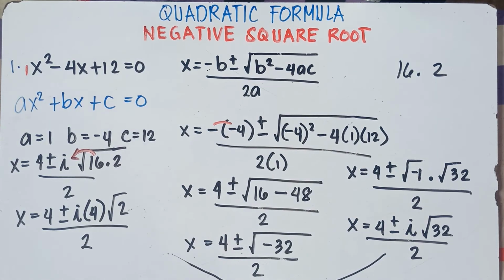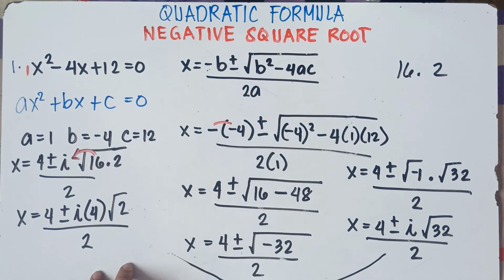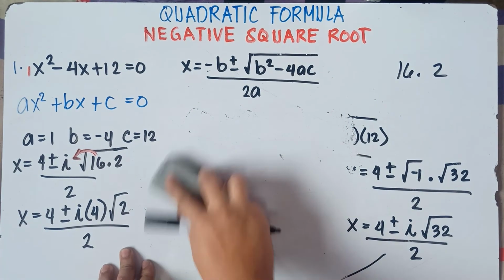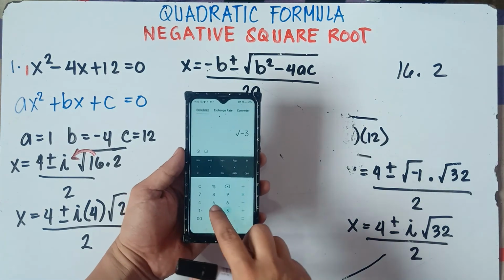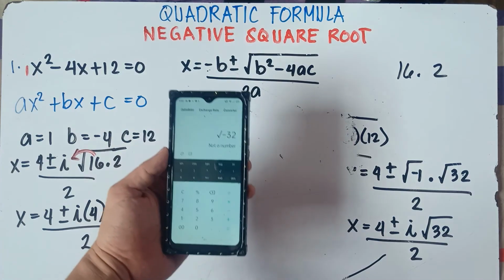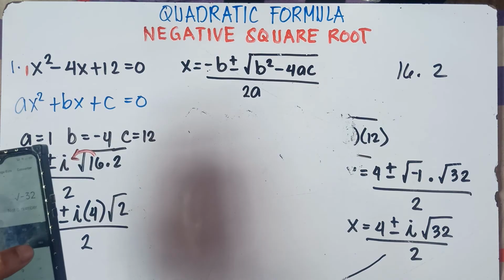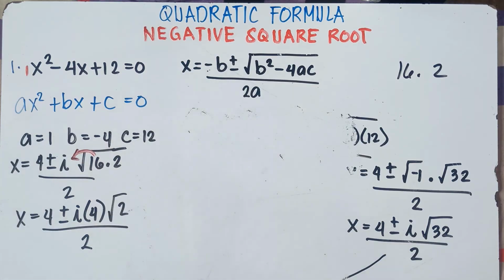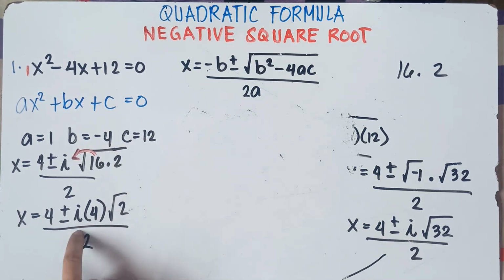Almost done, class. So let me just erase this one. You pause the video, class. I'll be erasing this part. Once again, class, if you use your calculator with regards to the square root of negative 32, I'm sure it will be a matter. Let's try to use our calculator, class. We didn't use it a while ago. Square root of negative 32 equals not a number in my cell phone, class. Okay, it's not working. In your calculator, class, I think it is a syntax error or math error. They cannot solve that one, class. That's why we need to use the imaginary number, and it represents i.